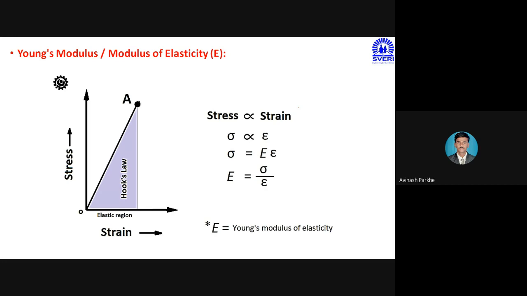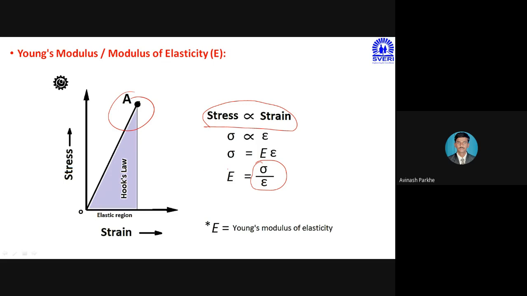As we discussed, the figure in front of you represents the stress-strain diagram for the ductile material, and in that they have represented Hooke's law. What does Hooke's law state? It states that the stress is directly proportional to the strain. By using that statement, we defined one formula for the Young's modulus: E is equal to sigma upon epsilon. In that, sigma represents the linear stress and epsilon represents the linear strain. Means Young's modulus is equal to stress upon strain, which is equal to linear stress upon linear strain.